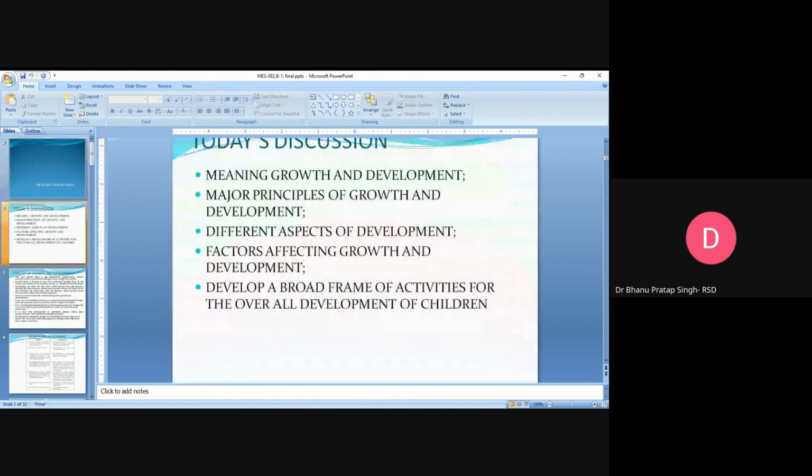So today's session, we are going to discuss what is growth and what is development, what are the principles of growth and development, some different aspects of development, and what are the factors which are affecting growth and development. And further, we will learn how to develop a broad frame of activities for the overall development of the children. So in unit 1 that we are going to discuss,